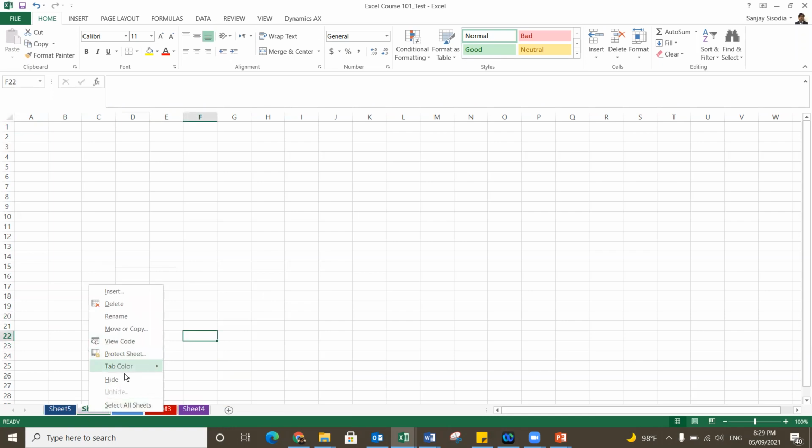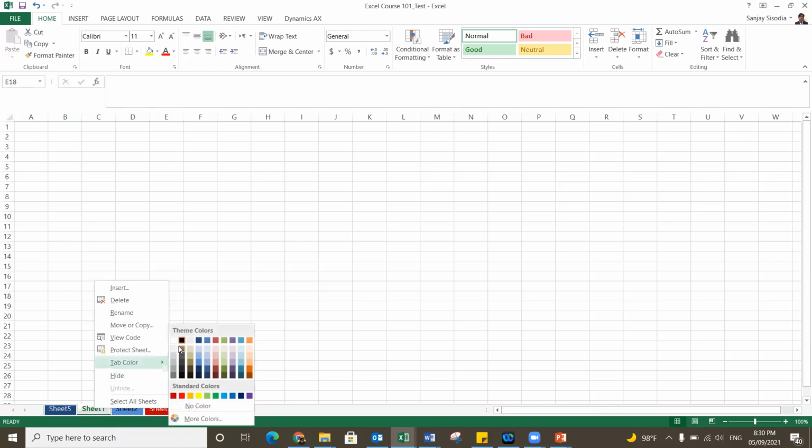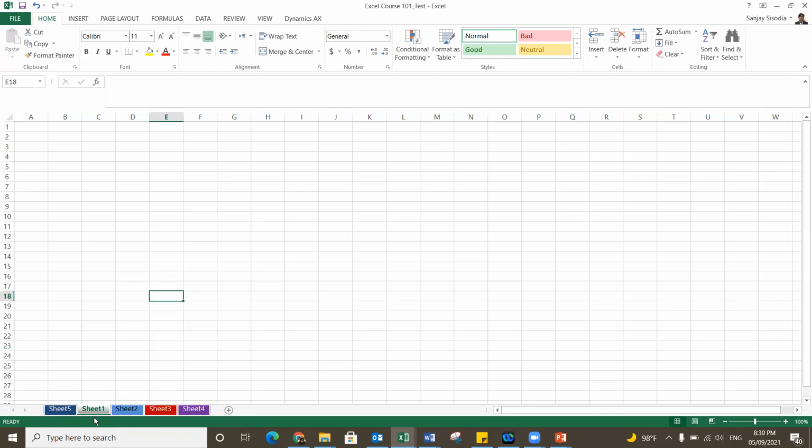And the system will take care of the color combination. So here earlier, the name of the sheet was written in black. As soon as I changed the tab color to black, the system automatically changed the color of the font or name to white. So these are some of the basic operations of Excel